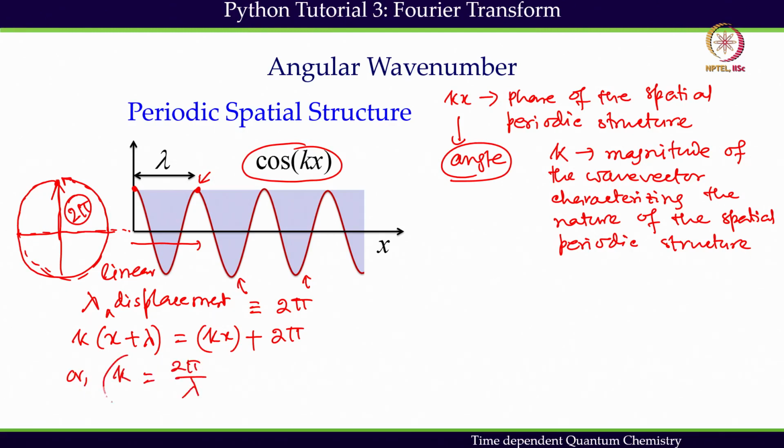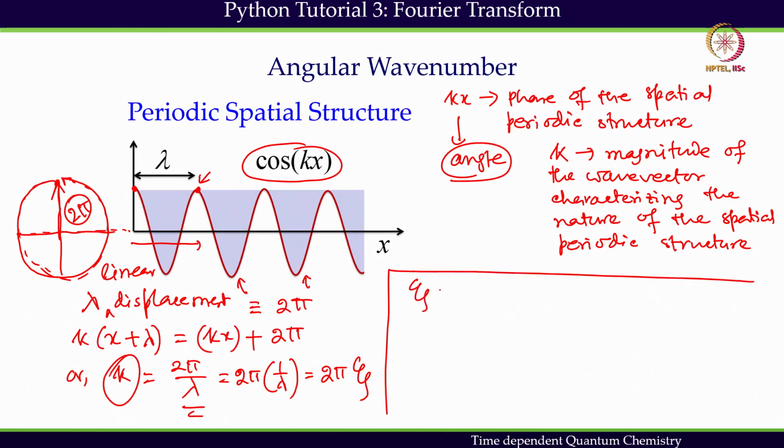So what we are seeing is that the magnitude of k is related to 2 pi by lambda, which is nothing but 1 by lambda times 2 pi. We use the xi notation to represent this spatial frequency. So this xi is called the spatial frequency, which is representing how quickly